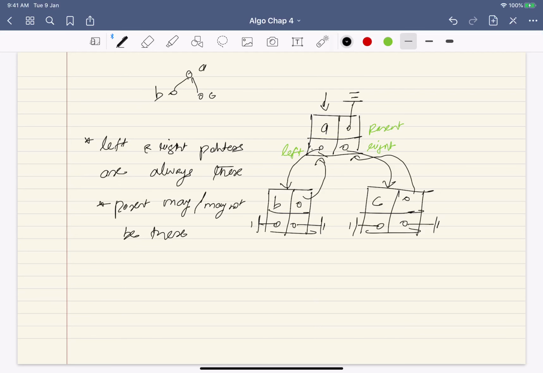Now, as I said, the main interesting operations come with different interesting architectures of binary trees. That means you put certain restrictions to get special kinds of binary trees. And we will see one such binary tree in detail, and that is called the binary search tree.